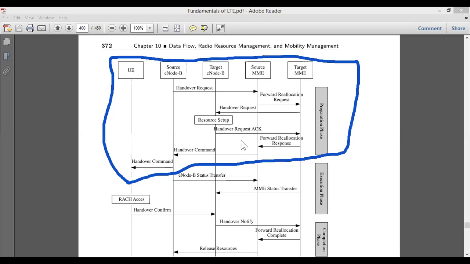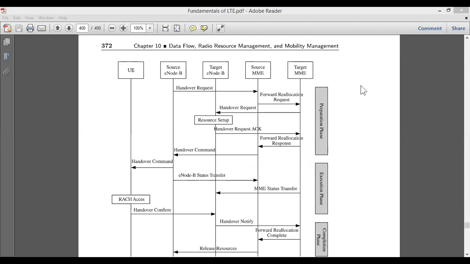Once resource allocations are done, the acknowledgement will be given to the target that everything is set up. Then the target will give the response to the source, and that response will be handed over to the source eNode B. Once this operation is done, the source eNode B will give a command to the user equipment that it can use the network. So in this way the preparation phase will work.